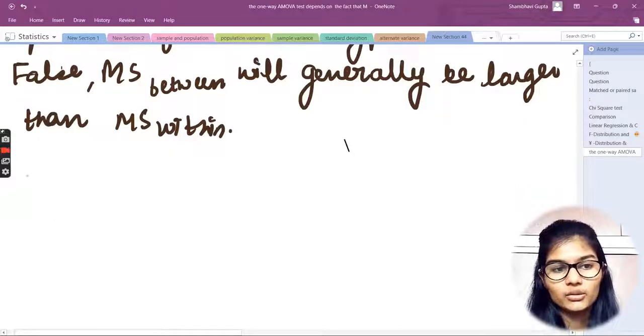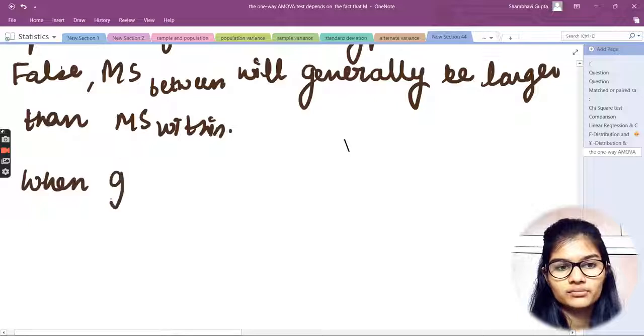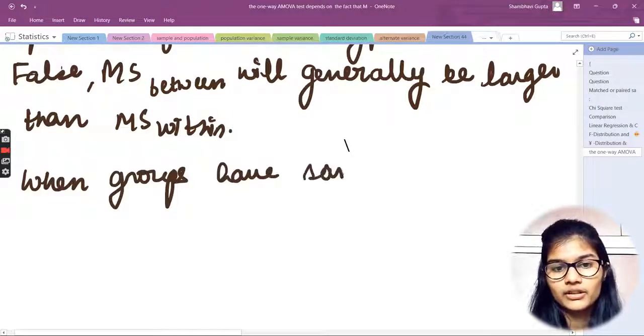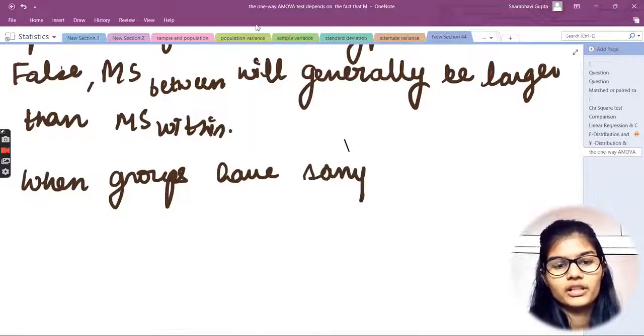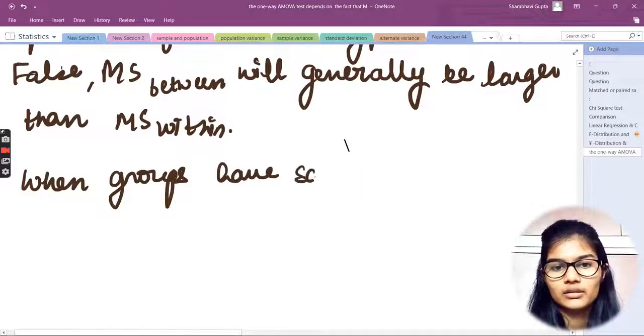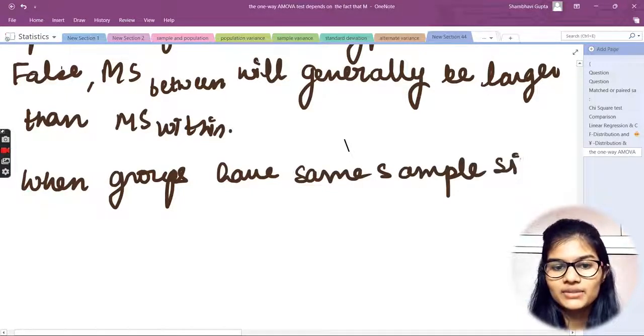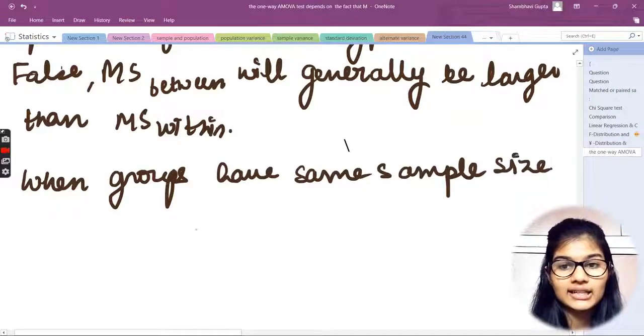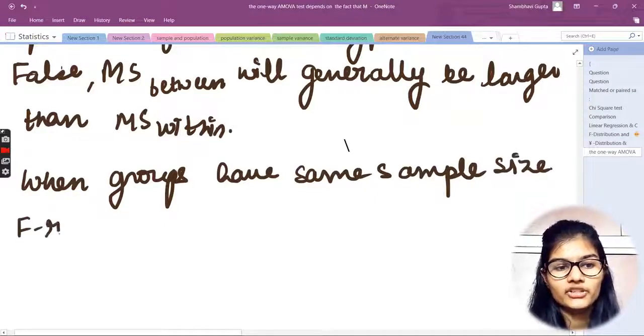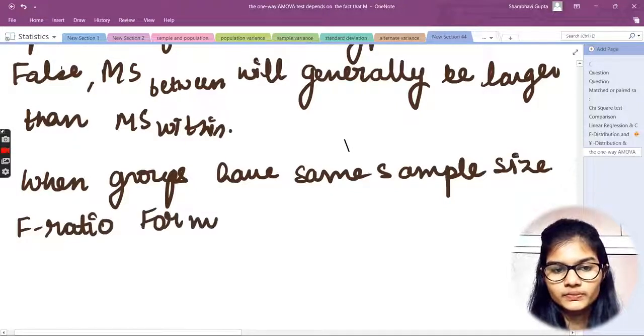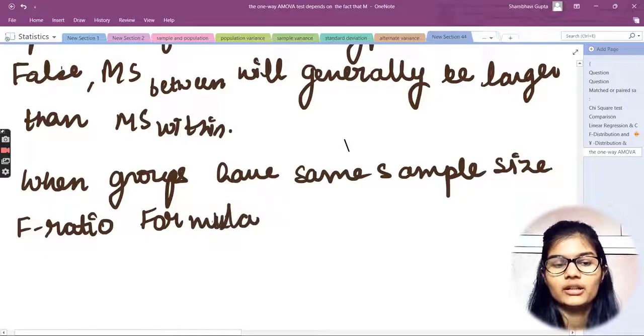I would mention that when groups have the same sample size, the F ratio formula is